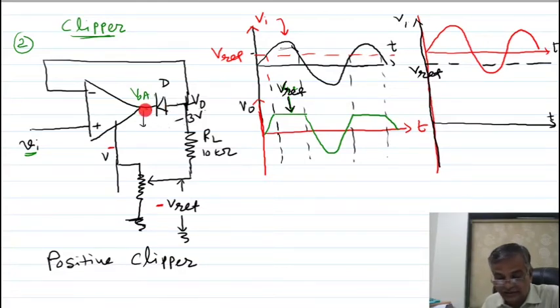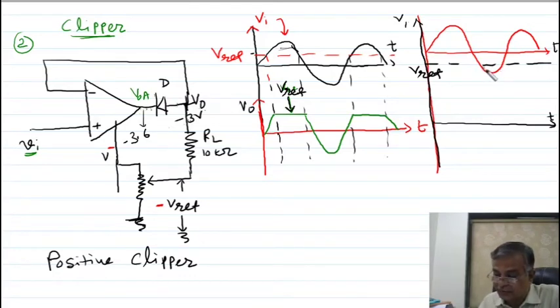When this voltage will be 3.6 volts, minus 3.6 volts, it means more than this voltage. This is minus 3, this is how much? Minus 3.6. Then this PN junction is in forward bias and current will flow and you will get the waveform. So during this much time, you will get your output.